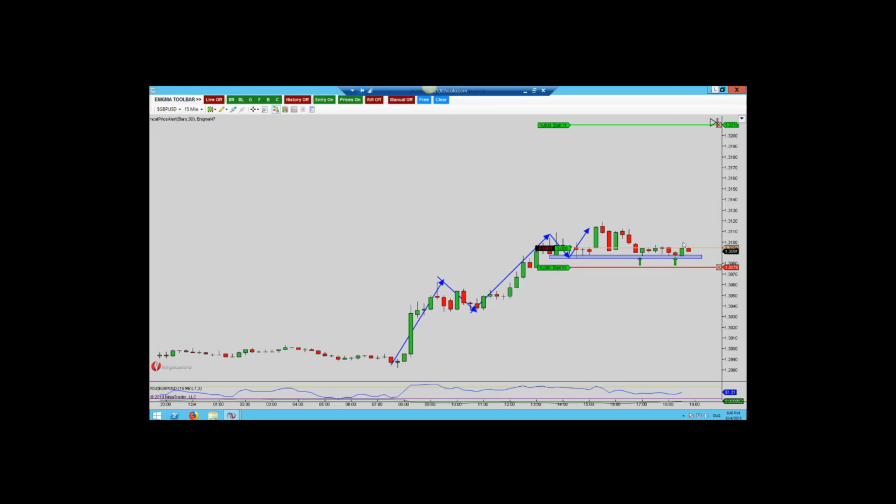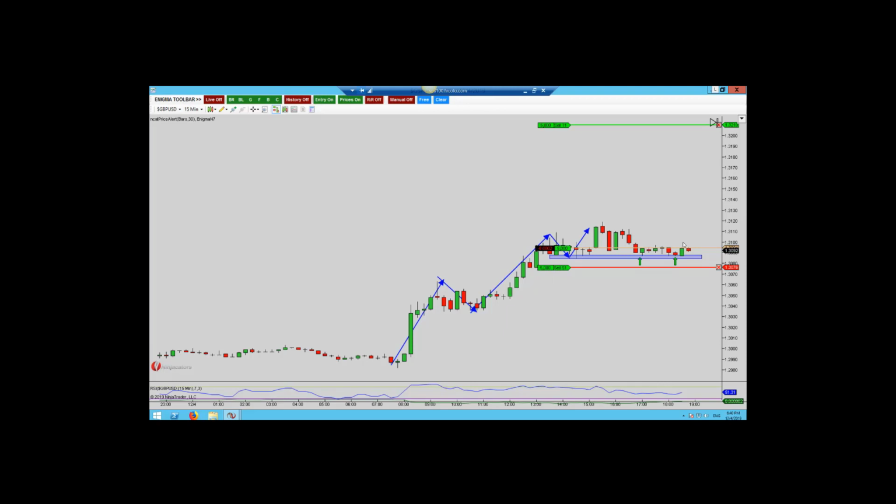This is the pound dollar on the 15-minute time frame, and I'm in a 15-minute trend trade but using a higher time frame breakout pattern. And this is something I've harped on about for a long time now, that these higher time frame breakout patterns don't matter if you don't get your optimum entry, because when we get the breakout we typically enter trend. And as you can see here, I've got a phenomenal reward to risk and a high probability of this trade